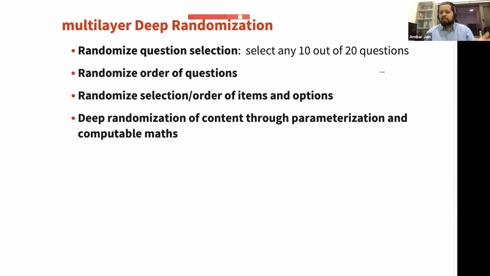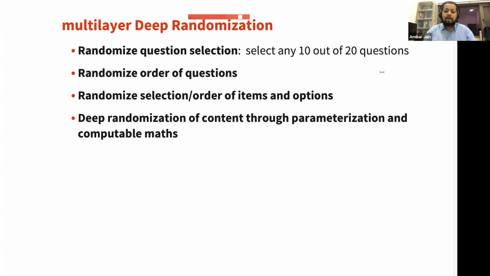So if I give you 20 questions, you can select 10 randomly for each student and deliver them, so that everyone gets a different set of 10 questions. That's one way of randomization. Another way is to randomize the order of questions so that they cannot compare which number a certain question has. It makes it a little difficult for them to tally with each other, especially when you have no invigilation at all. The third way is randomizing the order of the options. Again, this is available in all platforms.